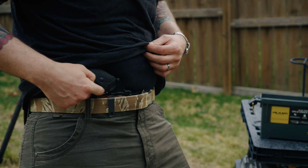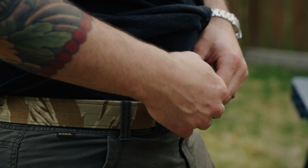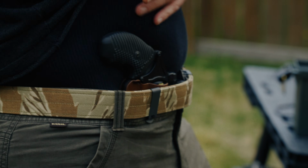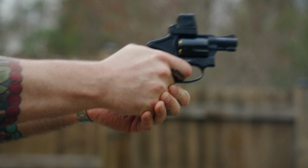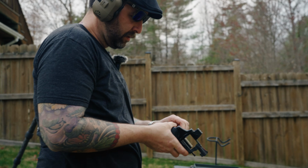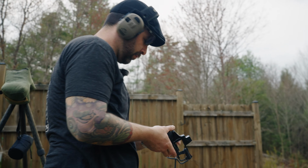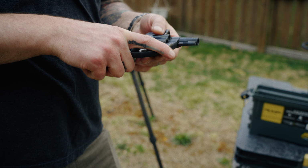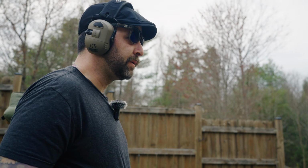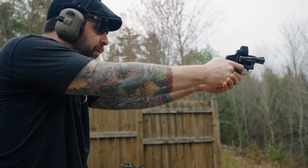It's a little harder to get in. I gotta cut a little bit more of the holster away from the R.O.C, and it sits on the optic, so you gotta kind of draw back. Right off the left. So from the draw, need lots of work. Driving that dot down and prepping the trigger through, but again, it all comes down to what are you using this for? People call it a belly gun just to get people off of you, but hey, if you need to shoot far and you got time to prep,